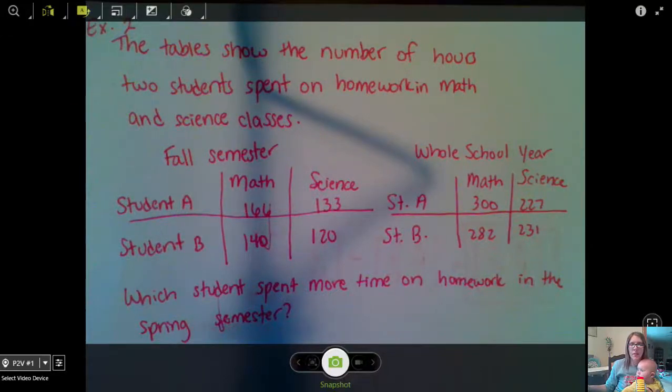Our second example we're going to look at has an application of matrices and the adding and subtracting process. So I have two tables here, and these tables show the number of hours two students spent on homework in